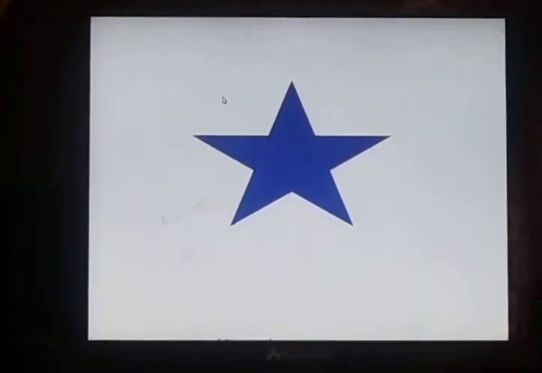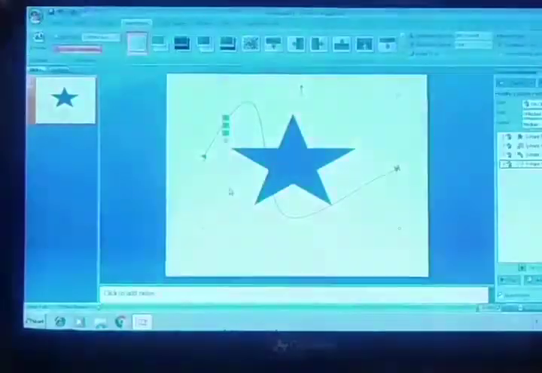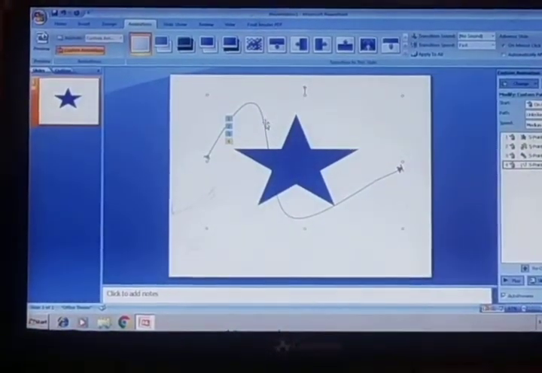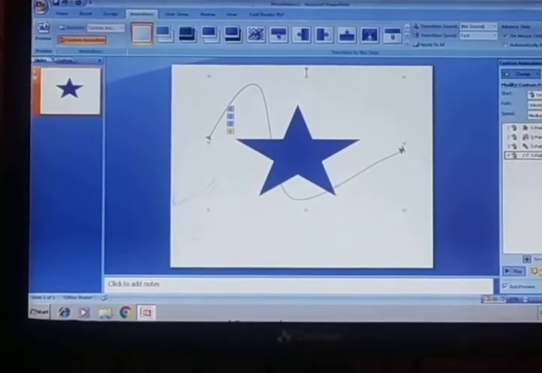All the effects I have given on mouse click, so I have to left click on the screen, then the animation will start. See, let's see again.